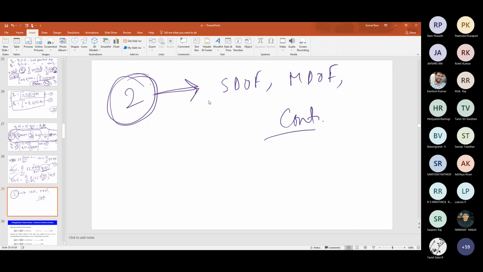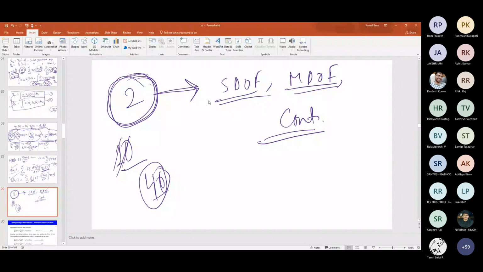This is the responsibility of the CR, so please let me know if anybody has doubts. At least more than 10 or 15 people should have doubts. Otherwise, if there are fewer than 10 people, they can directly contact me and clarify. If it is more than 10 to 15 people, then I will take 2 classes, maybe 30-40 minutes each, good enough to discuss any difficulty in understanding any part of the syllabus covered in this course. So these are kind of doubt-clearing classes.